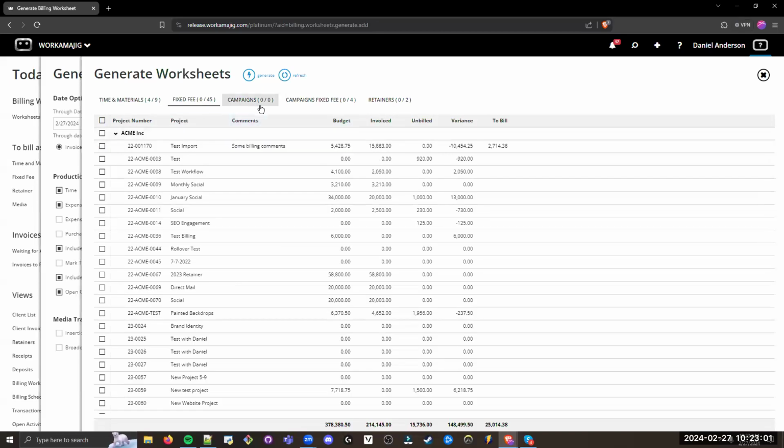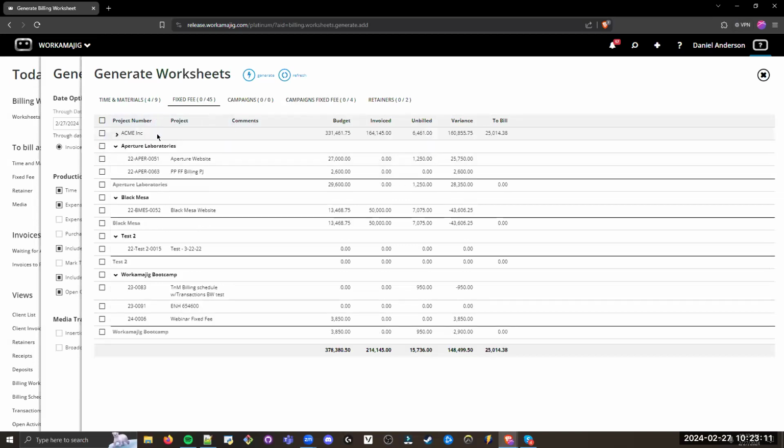You can also bill campaigns as fixed fee or as a campaign as a whole. A couple different ways to bill these here. But again, fixed fee, kind of a similar idea. It just says, hey, for these clients, these are all the projects that are open and what is to bill for these particular projects. I'm going to grab these ones right here and bill those as well for this same